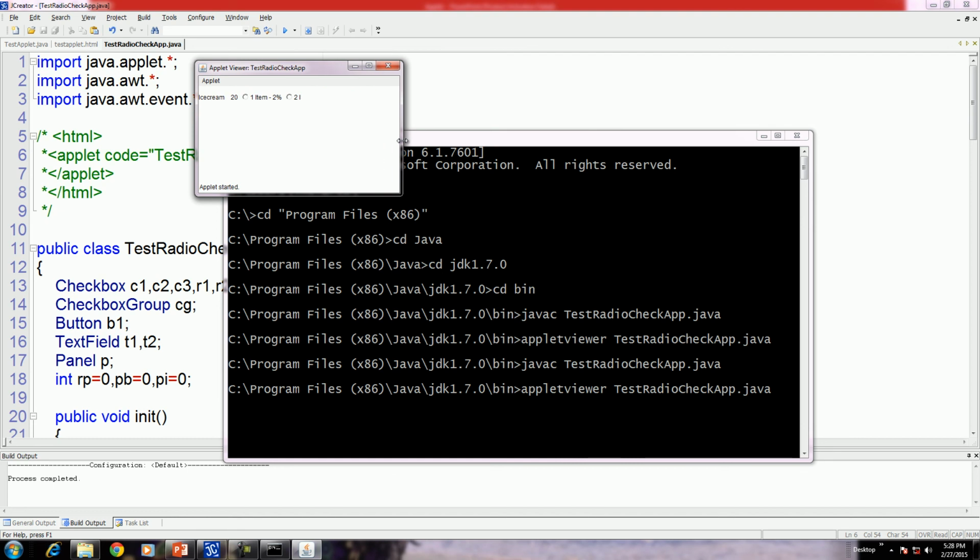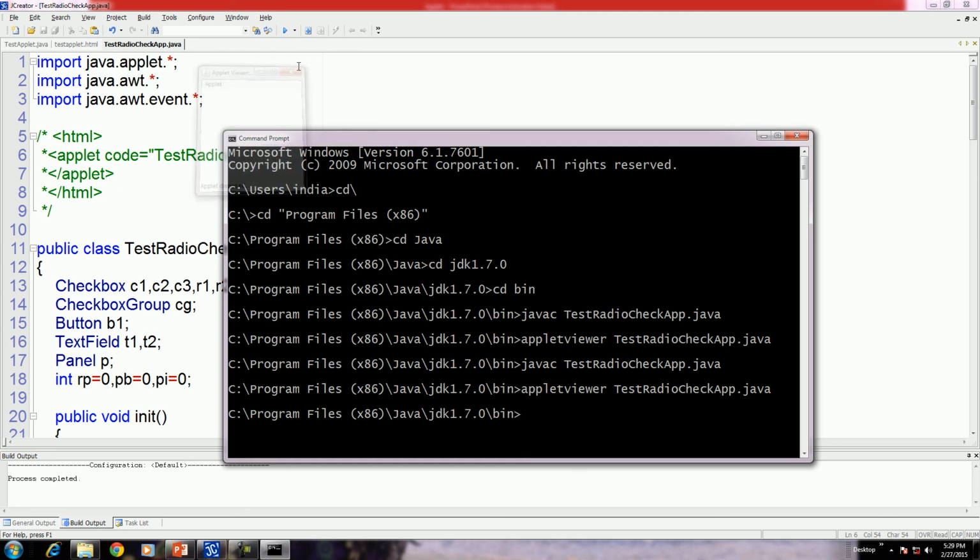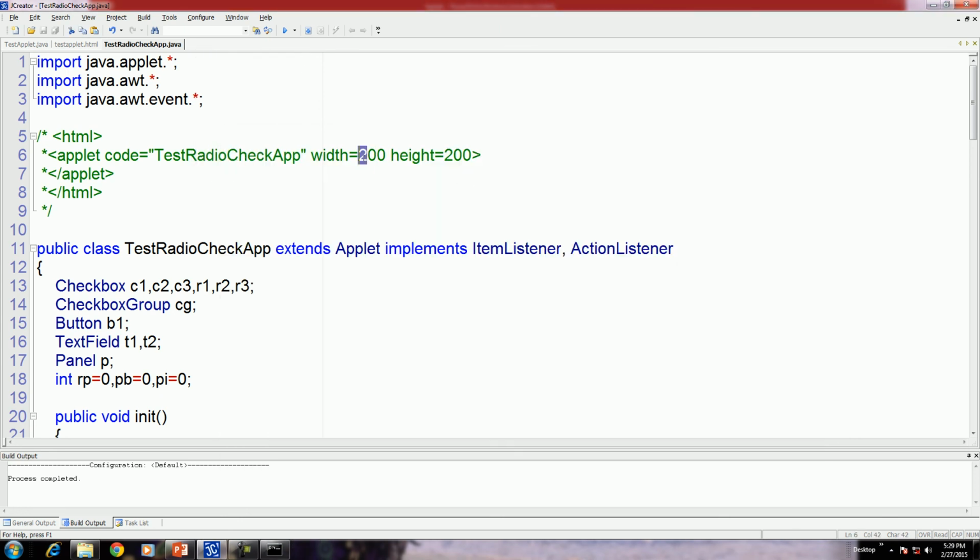I think some controls are hidden here. Okay, let us give the maximum size.